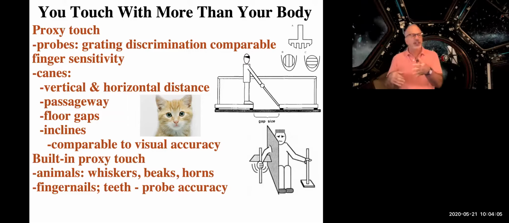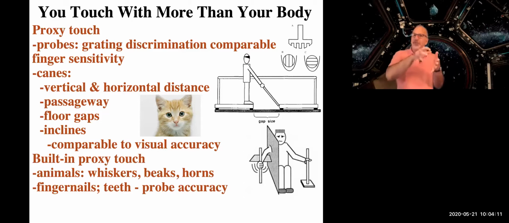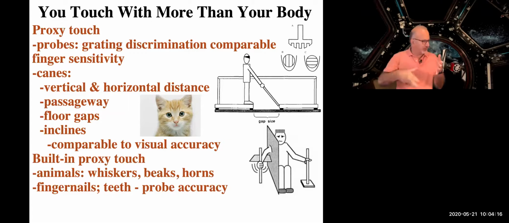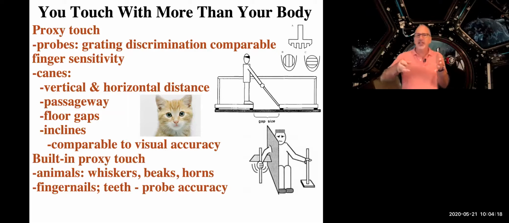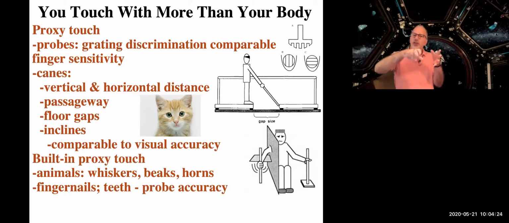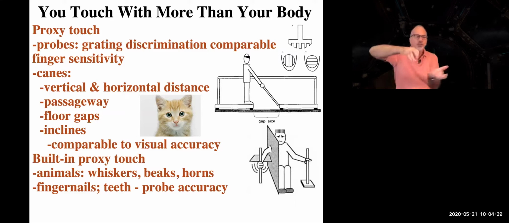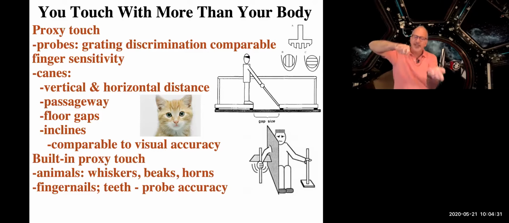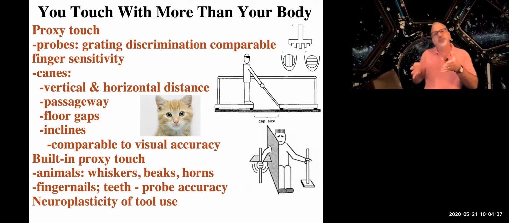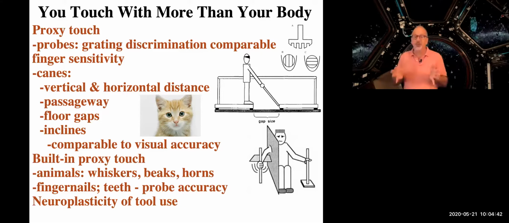So even though it's not going to get its own map in the brain, if you use a screwdriver regularly in your work or something like that, you'll see more area is given to the fingers that are using the screwdriver for the touch part of the brain, as if it's making room for precision touch with that screwdriver. So in a sense, we do have a shift in the brain that's a little different depending on the tool we're using, which is really interesting.